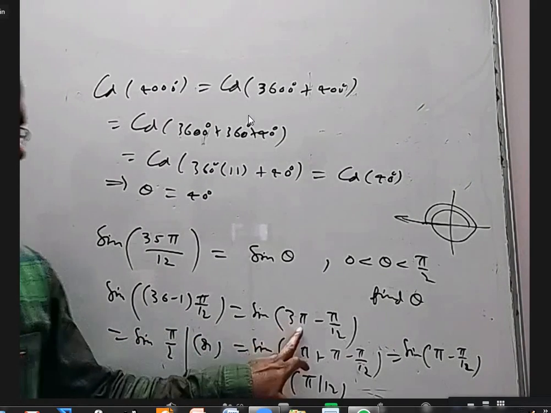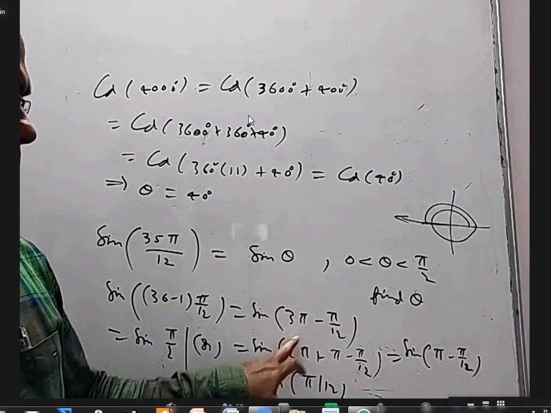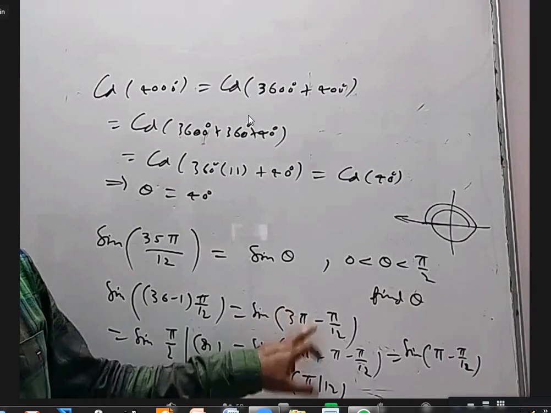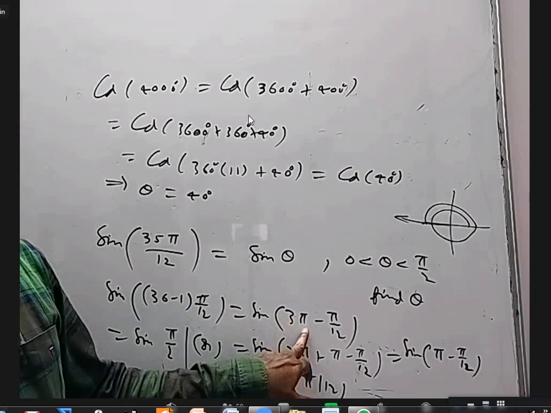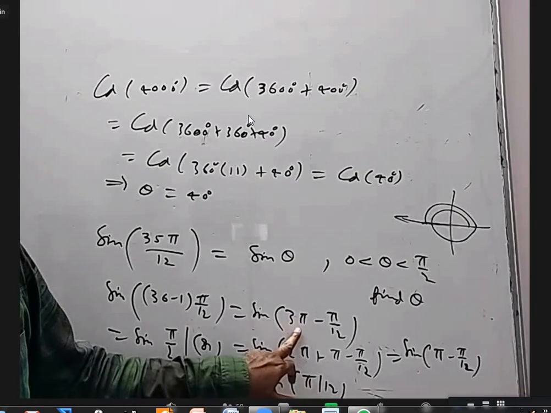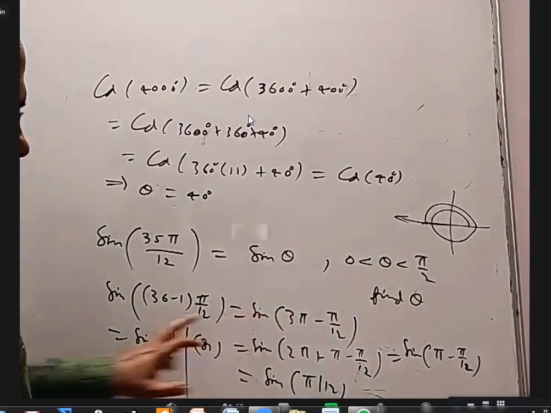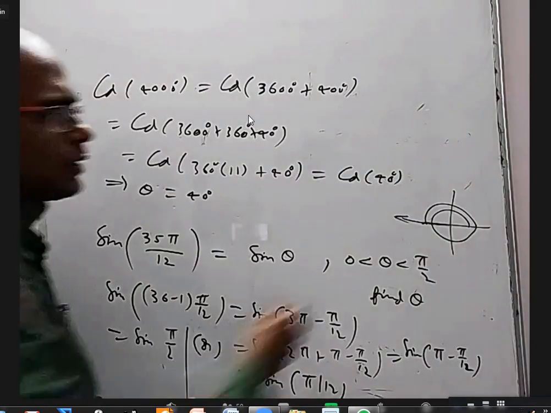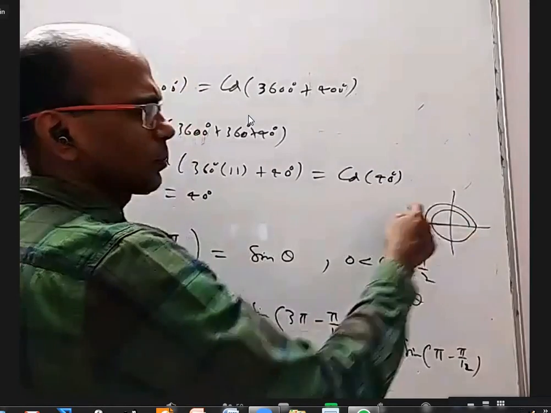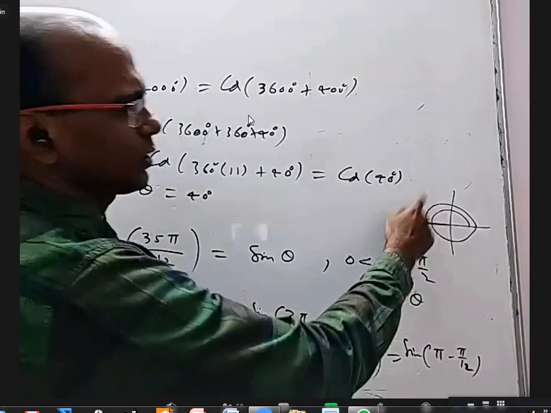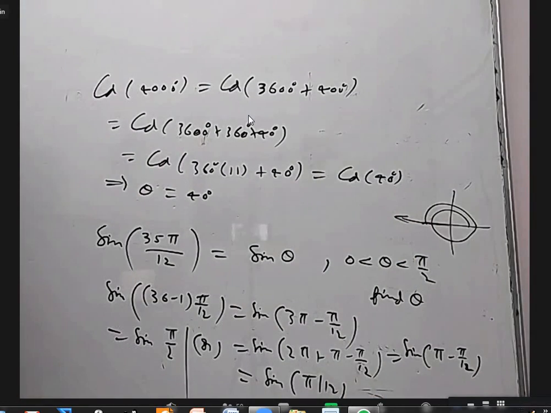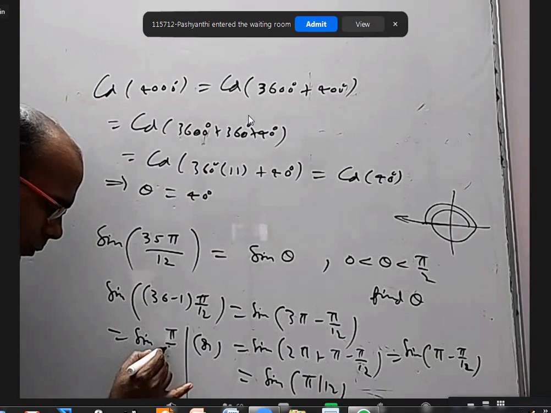And then as it is, you can say this is an even multiple of 90, because 3 may be odd, but this is 180 degrees, so 6 times 90. Even multiple, sign will remain as sign, and see which quadrant it is. This whole thing is 2 pi plus extra pi, so you are here, and something less than that means you are in the second quadrant. That's why it is plus. Not pi by 2, this is pi by 12.